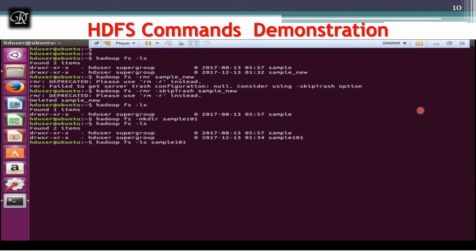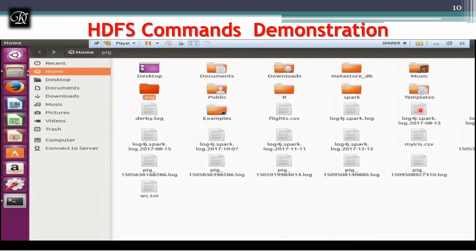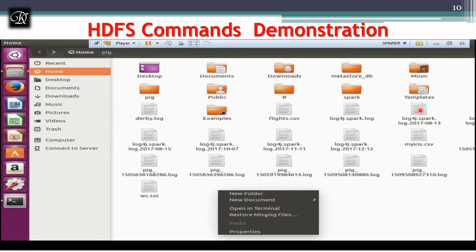Let me check the content of it. It's not having anything because it's a brand new directory I have just created. Of course, the content should be empty. And don't worry, these are all the commands I am just showing you for a demonstration. In the examination they will not ask you to do this practically, and there is no practical over here.